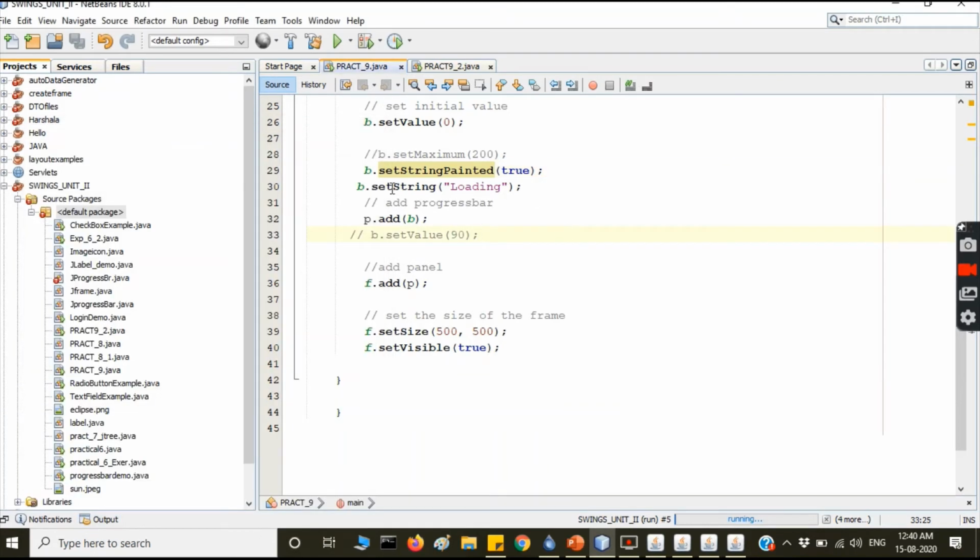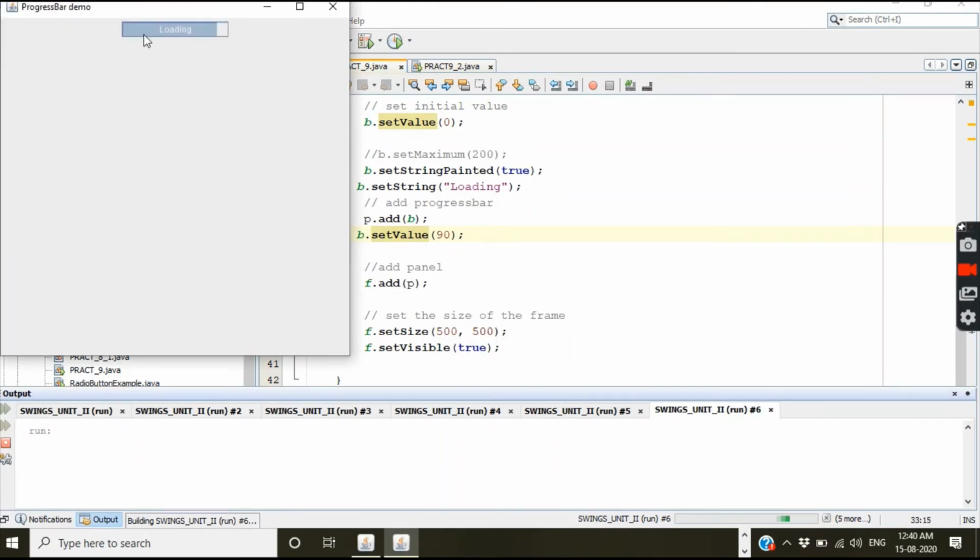Here set string, set value 90% है. अभी देखते रन करके. सो लोडिंग 90% फिल हो गया, वैल्यू सेट हो गया. वो लोडिंग का आपको दिखाई दे रहा है. Is it clear? सेट स्ट्रिंग क्या करता है? सेट स्ट्रिंग पेंटेड. You should make this set string painted true, then only you can see that, otherwise you cannot see the progress bar. And set value, the value will be set.